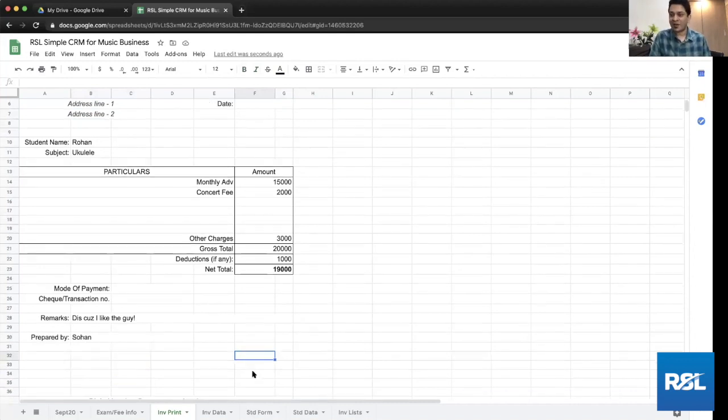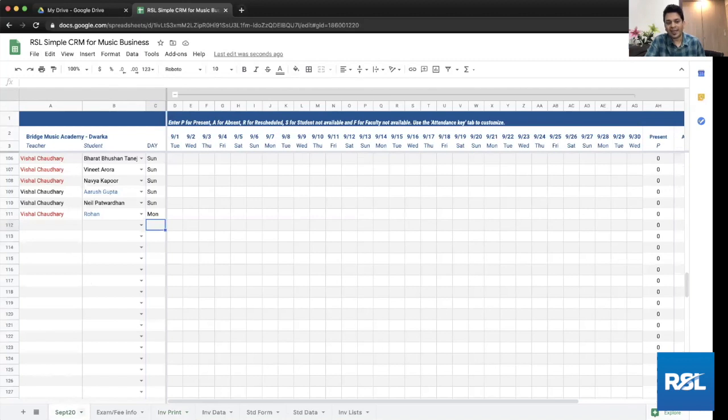But please remember that this whole solution is coming to you from Rock School, so I would appreciate that. Now we come to the attendance part of it. Each month, you're going to duplicate the sheet for attendance. So I click on this and I click on duplicate, and that way you'll be easily able to duplicate it. I've already duplicated the sheet for October, November, and December, but you can do more duplicates.